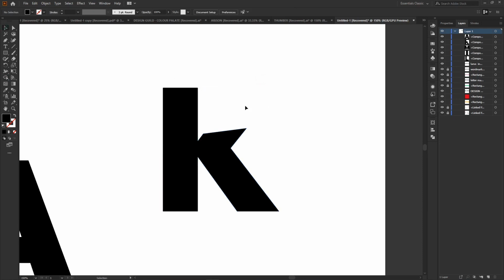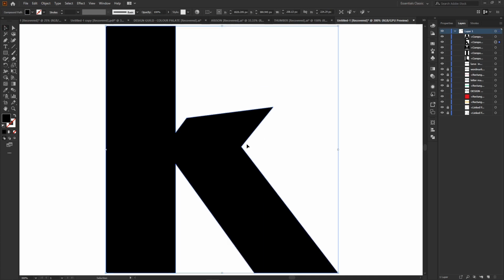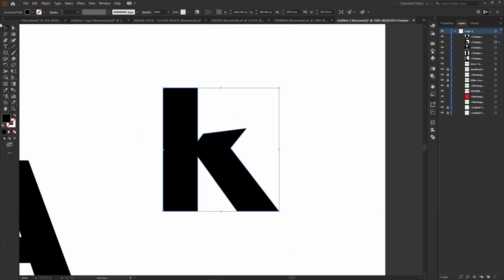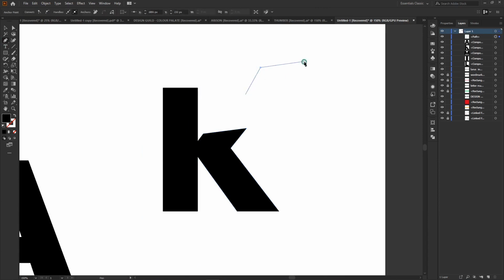We want to add a leaf at the edge of the K to make it look more stylish. Let's zoom a little bit closer and do a little more work to this edge. But before we do that, let's add our leaf first. So let's create a simple leaf. To create a simple leaf, just hit on multiple parts. Just creating a leaf is simply creating a kind of shape that looks like a, we'll call this,